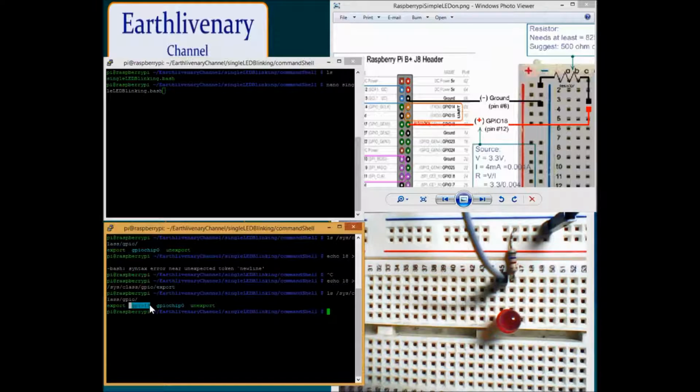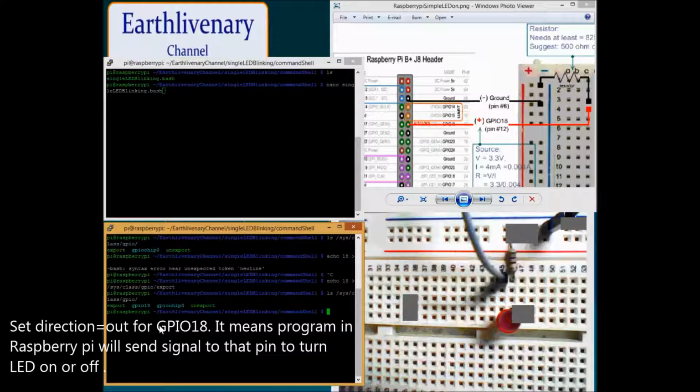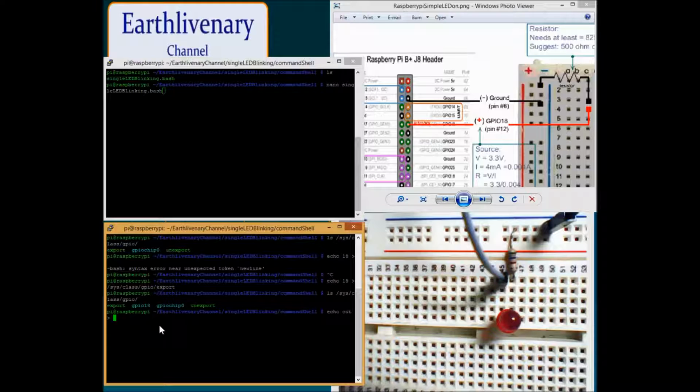And the second one, right now I set the direction out. You see over here the direction. I set it and turn it on with this one.